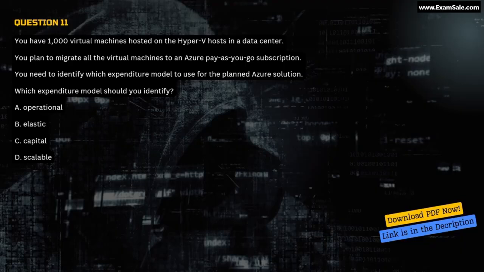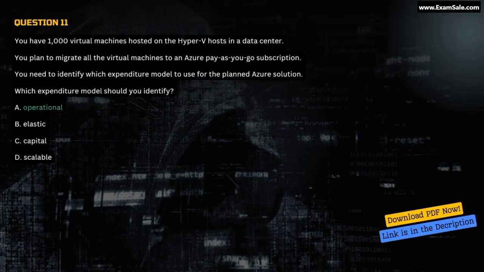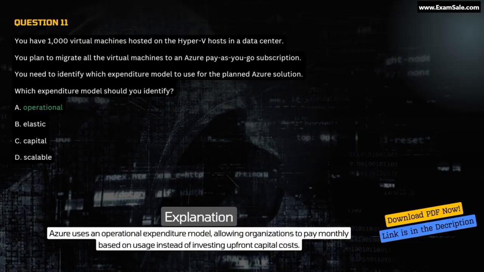Question 11. You have 1,000 virtual machines hosted on the Hyper-V hosts in a data center. You plan to migrate all the virtual machines to an Azure pay-as-you-go subscription. You need to identify which expenditure model to use for the planned Azure solution. Which expenditure model should you identify? A. Operational. B. Elastic. C. Capital. D. Scalable. Correct answer A. Operational. Explanation. Azure uses an operational expenditure model, allowing organizations to pay monthly based on usage instead of investing upfront